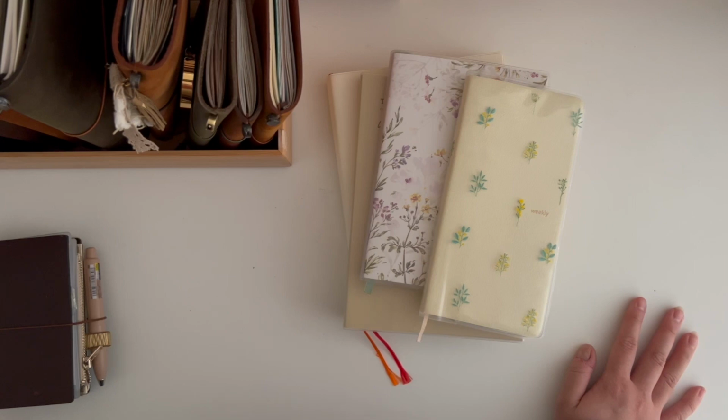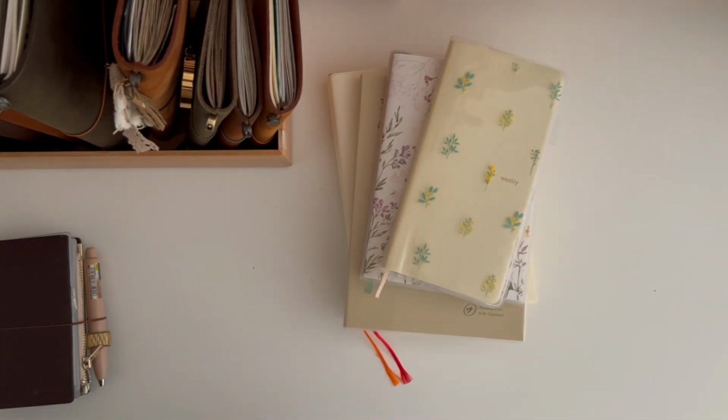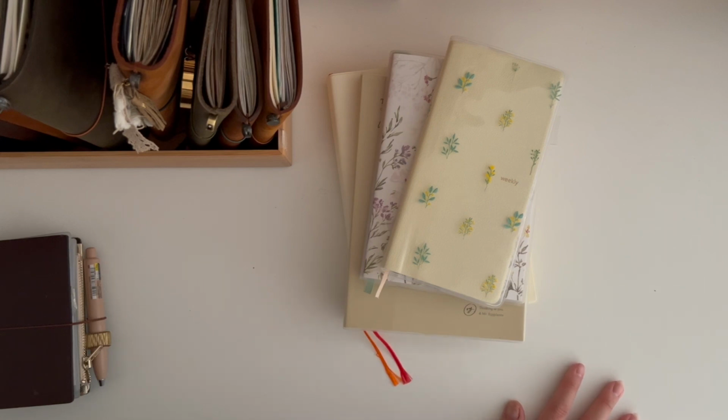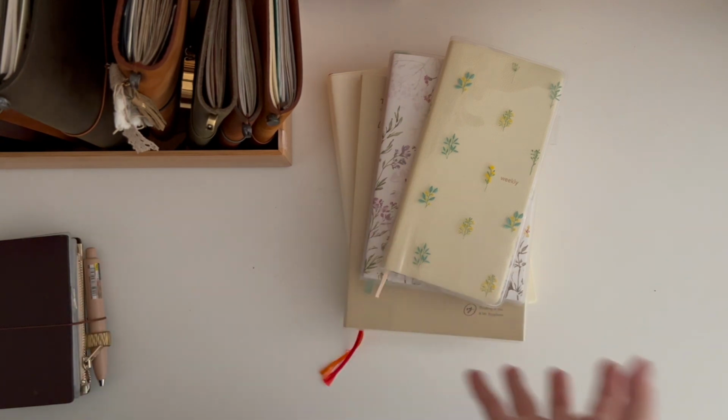But I feel like, you know what, I'm the type of person that likes to compartmentalize my stuff. I like for a journal to just have one use, like one is for my tea flavorings and things like that. So next time when I want to find a certain thing, then I know exactly where to look. Whereas if I just have a commonplace book that has everything, I feel like I will just get lost, like, which page is it again? Which month is it again? But if I have it so that an insert only serves one purpose for me, like the tea journal just writes about tea,